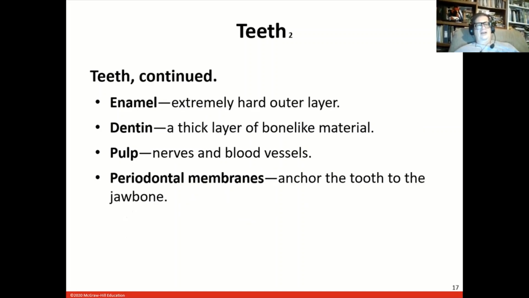When we look at a tooth, the outside is super, super hard. It's enamel, but it's also brittle. You wouldn't want to build a whole tooth out of that, or it'd crack real easy. The dentin is more like bone, okay? Has a little bit of give, a little bit of flex. It's tough, not hard. The pulp is the part in the middle that has the nerves, that has the blood vessels. And then the thing that anchors it into the jawbone is called a periodontal ligament that holds the tooth into